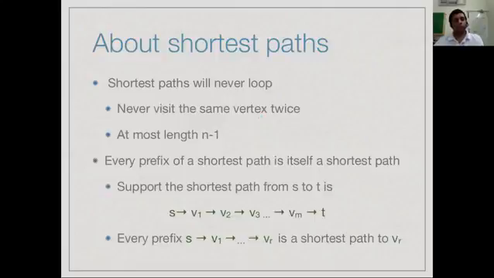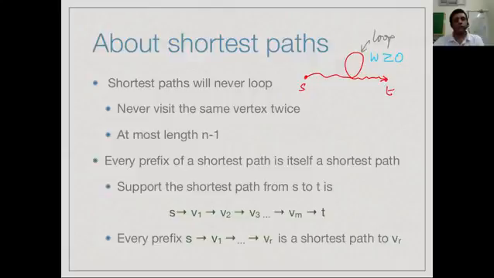So let's first look at two basic properties about shortest paths, which hold regardless of whether the edges can be negative or not, provided we don't have negative cycles. So the first property is fairly obvious, that a shortest path will never go through a loop. So supposing I want to go from S to T, and suppose along the way I actually go through the same vertex twice and then I continue. Now what we know is that this is a loop, and since it is a loop, the weight is greater than or equal to 0. It cannot be negative because we have ruled out negative loops.